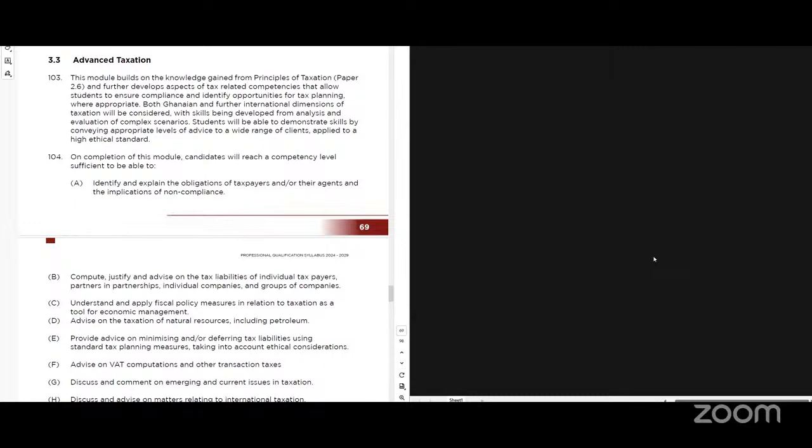Musa, your hand is up. Yes, Prof. Thank you. Good evening. I like your answer to why we fail the professional exams or advanced taxation. What I realize is that we're not committed. We just go and register for the paper we want to write, ICA or a professional program, and as you rightly said, you have given us everything, but it's left to us to sit down and learn. The commitment is not there.